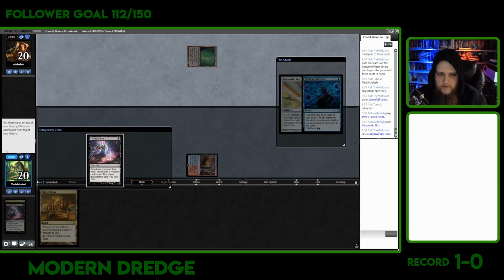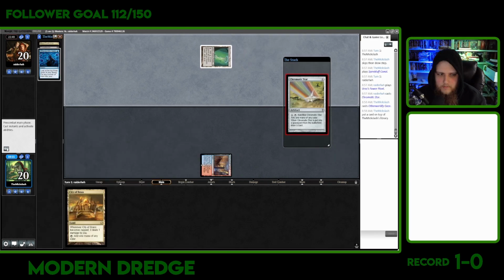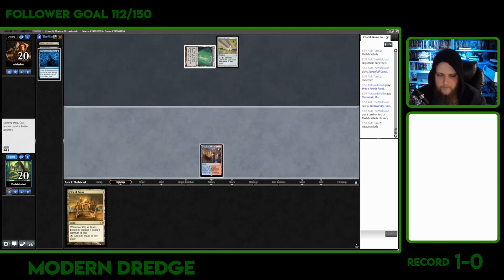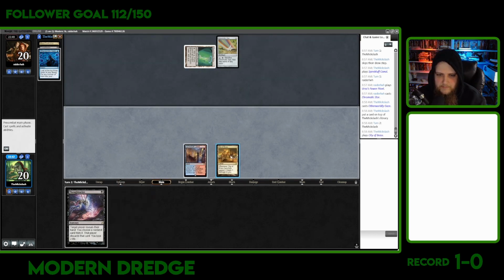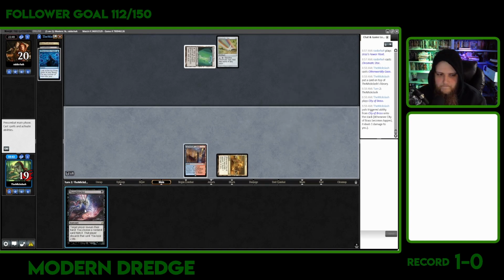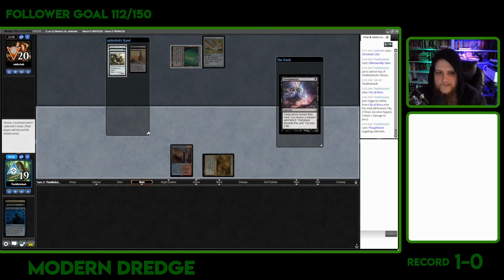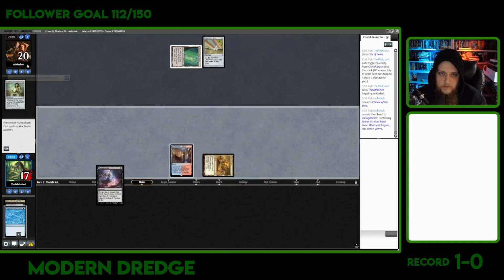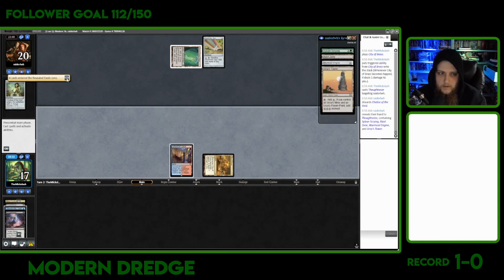I'm actually going to keep one of these. Try to see if we can't steal something kind of important here. Like Chalice. I mean, unfortunately, they have the Sylvan Scrying. I mean, they're going to get the...